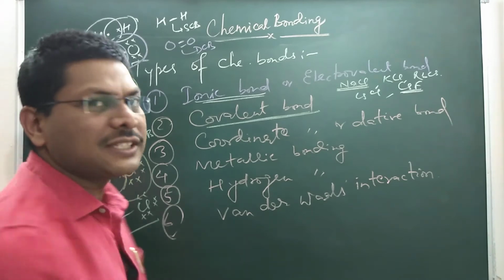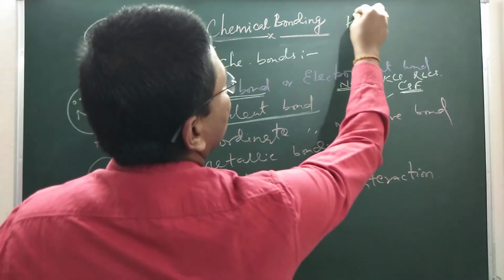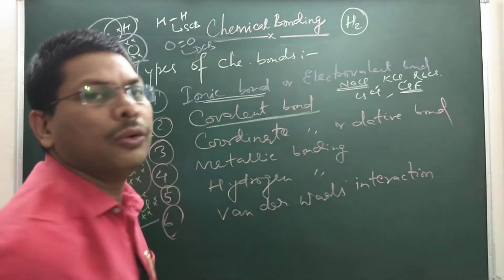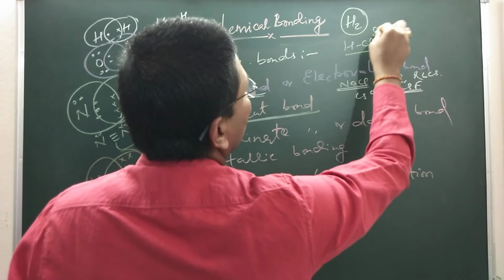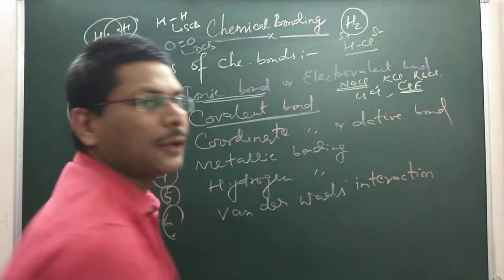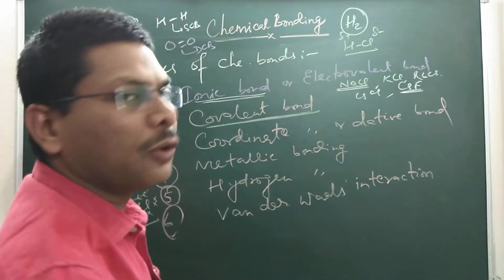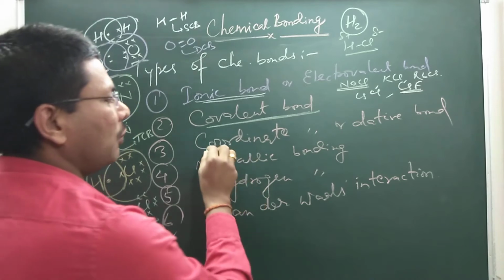So covalent bonds are formed by mutual sharing of electrons between participating atoms. If both the atoms are the same, as in the case of H2, then it is called a non-polar covalent molecule. And if both the atoms are different and there is a polarity developed due to difference in electronegativity, then it is called a polar covalent molecule or polar covalent bond.